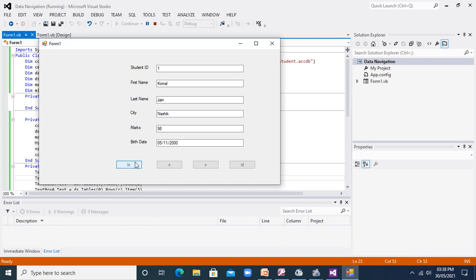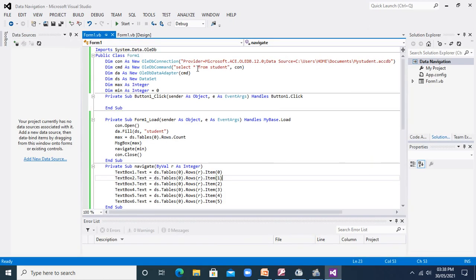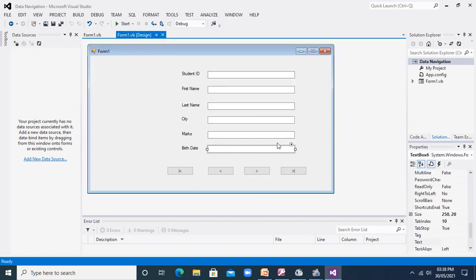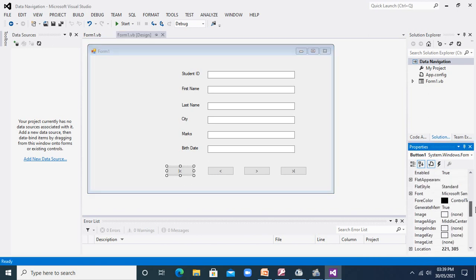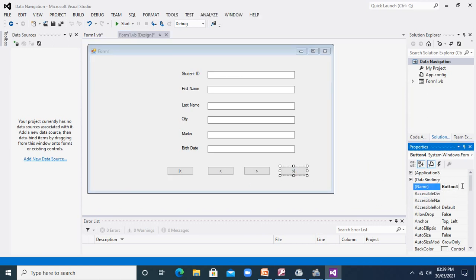Now on this button click, I should navigate through my data. So for that I will require to write some lines of code on the button click event of these buttons. Before that I will write the procedure. I will change the name of each button so that I can easily identify which button it is. So the name of this button will be first btn, and this is my last btn,